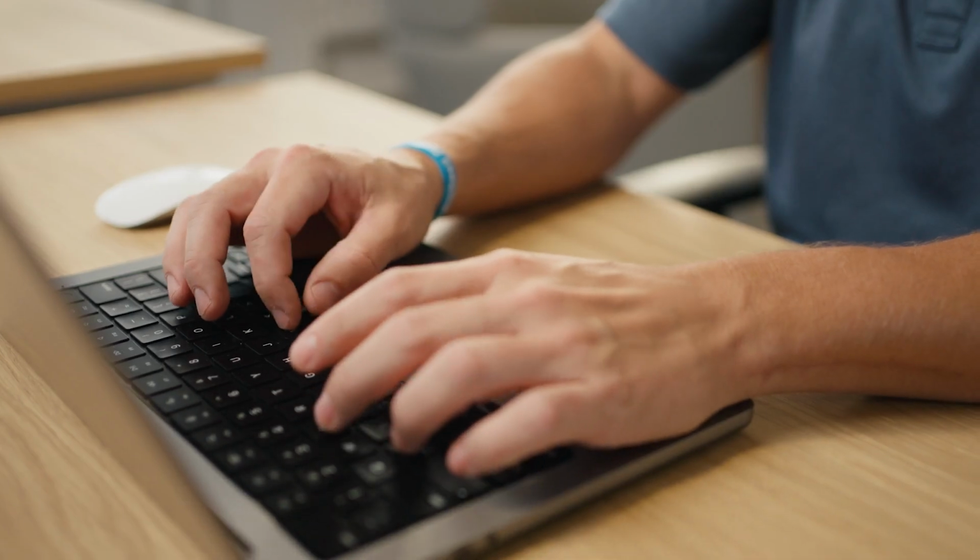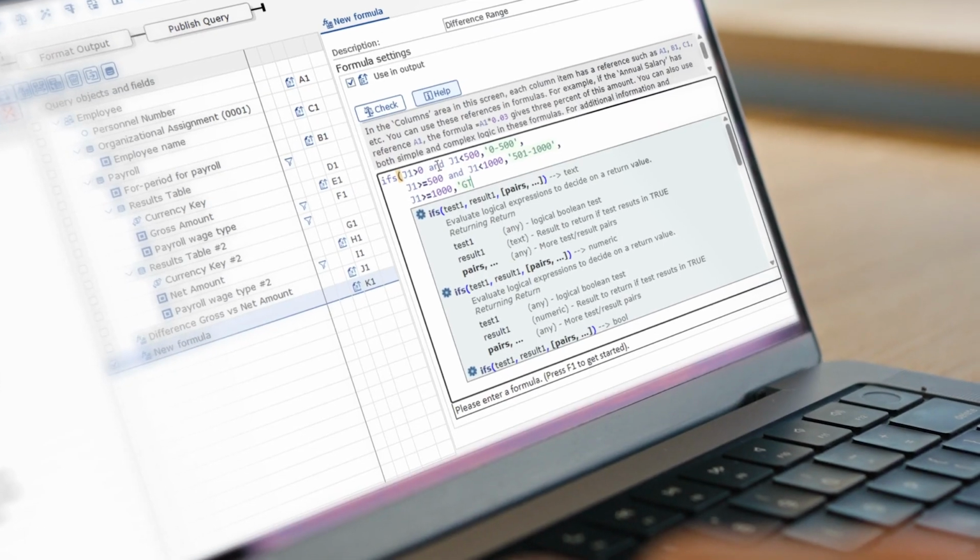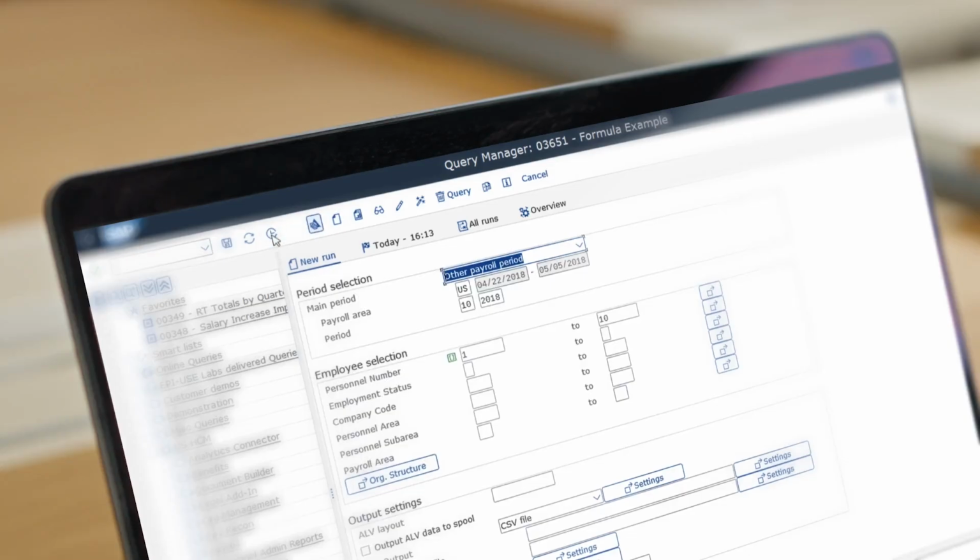Payroll reporting is still a big need. So what we've done in Query Manager is we've adopted Excel-like functionality right within your reports. Query Manager enables you to run cross-country reporting and pull all the results from the different countries and different periods